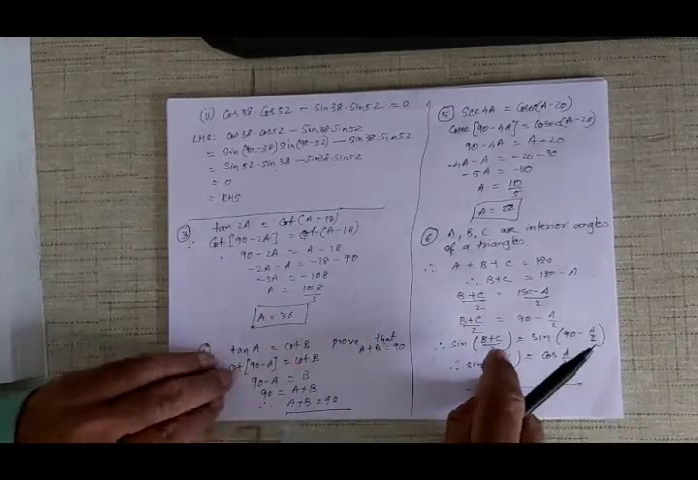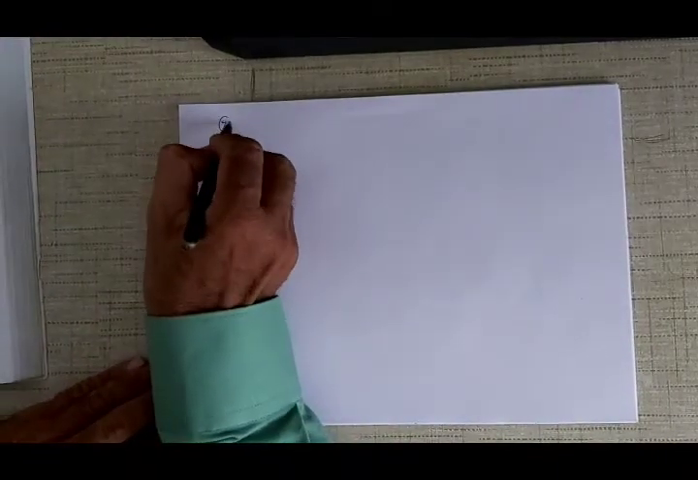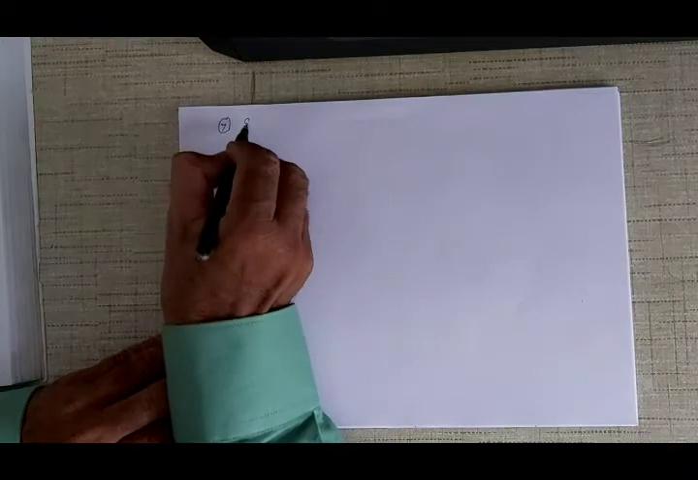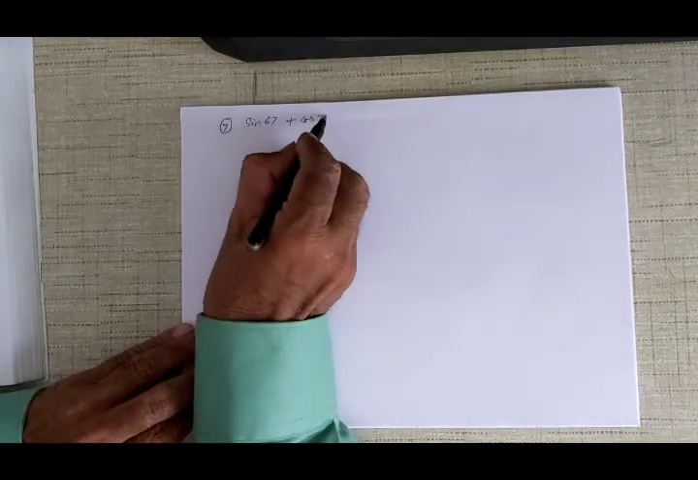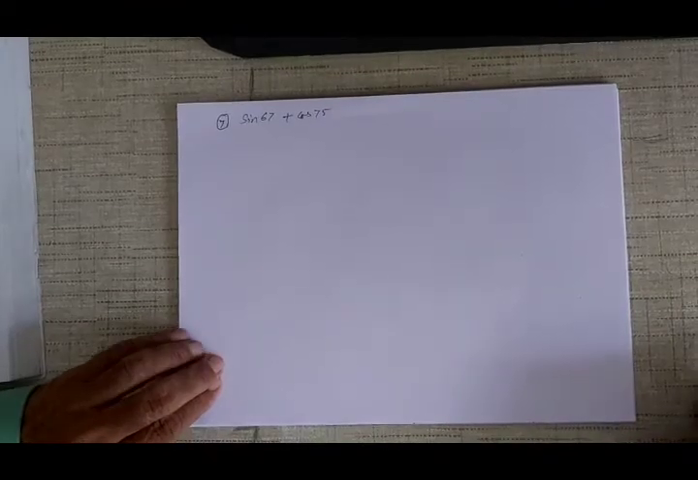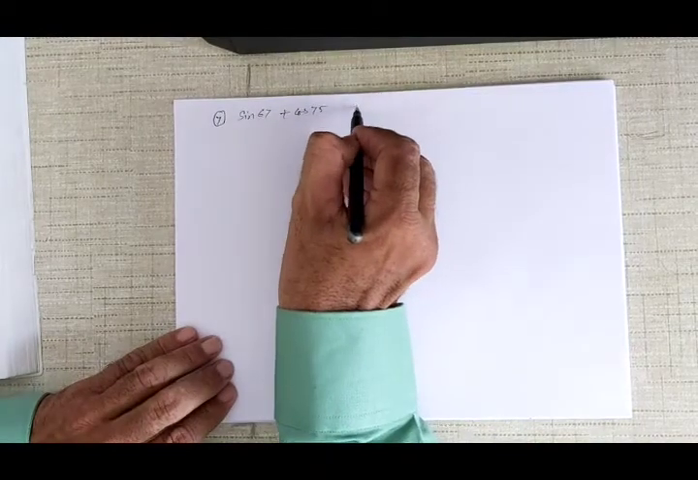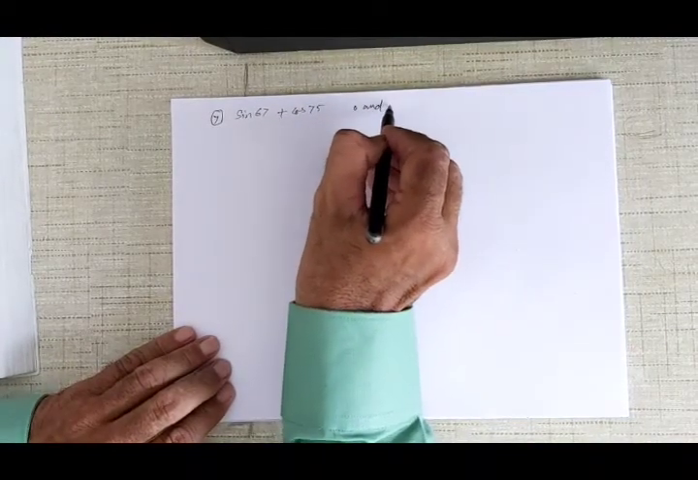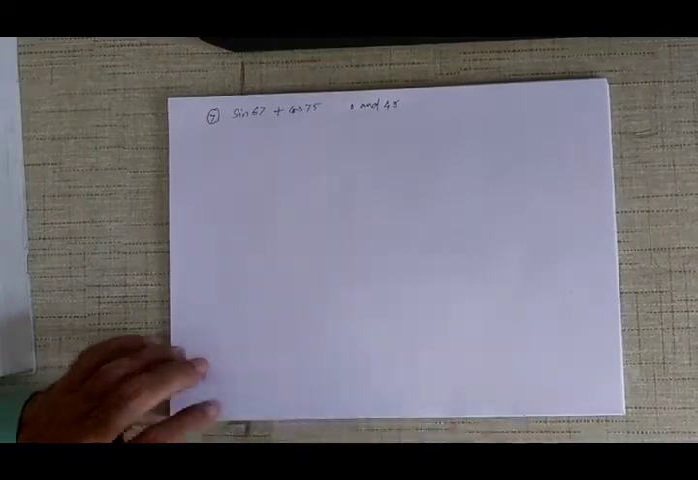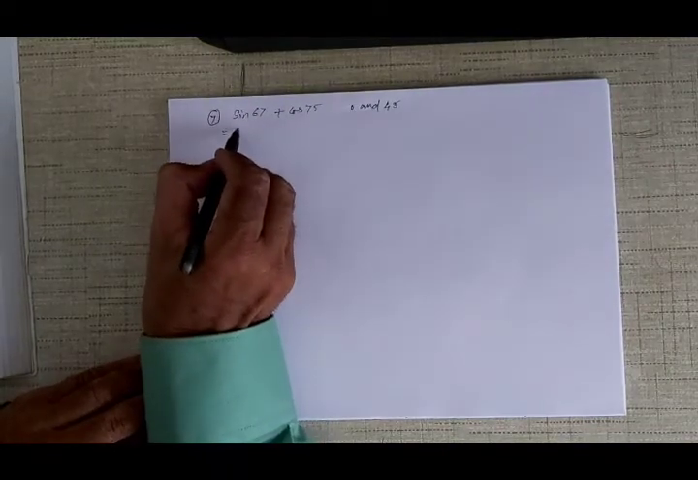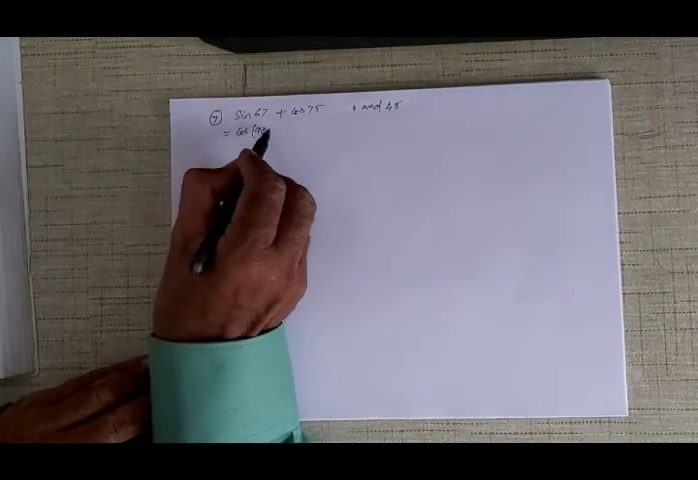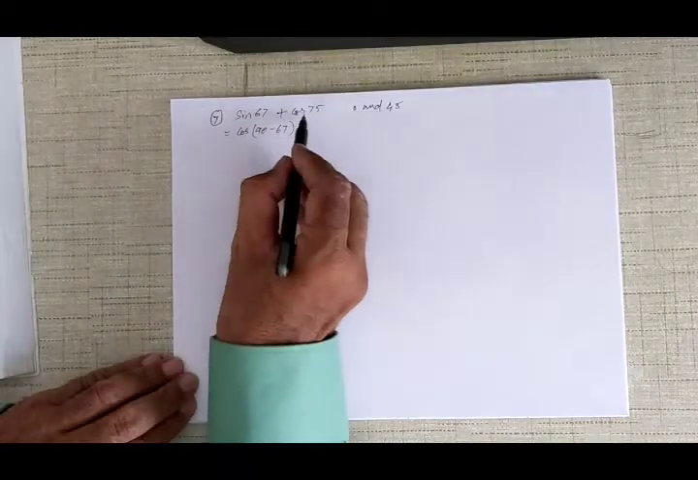All right, very easy one. There is one more question, question number 7, which says, express, very short, sine 67 plus cos 75 as an angle between 0 and 45. Express this as an angle between 0 and 45. So therefore this is equal to, I can change sine into cos (90 minus 67), and I can change cos into sine